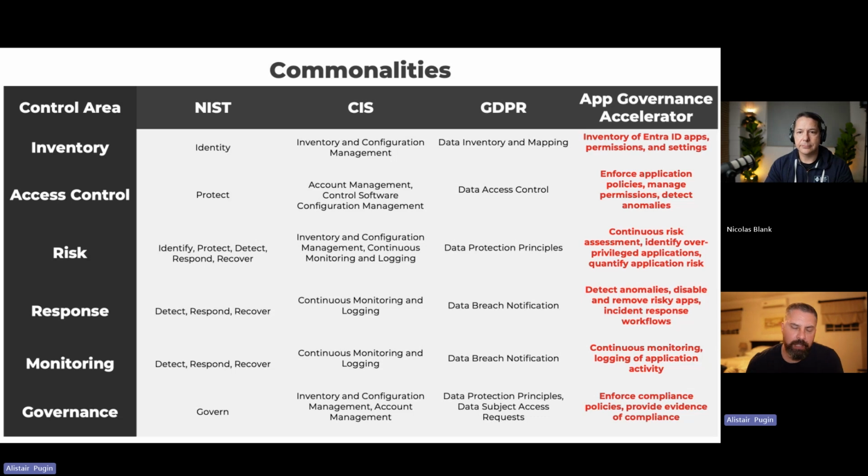And it was great when we were chatting to the internal team. I think it was yesterday or sometime last week, and this slide was recently added to this deck to give you an idea of, it's an oversimplification, right? Follow the specific things. You need to know what you have, how people get access to it, what's your risk profile, how do you respond to things, not only retroactively but also proactively. The continuation of making sure that you know what's going on through monitoring, and then applying a governance layer to